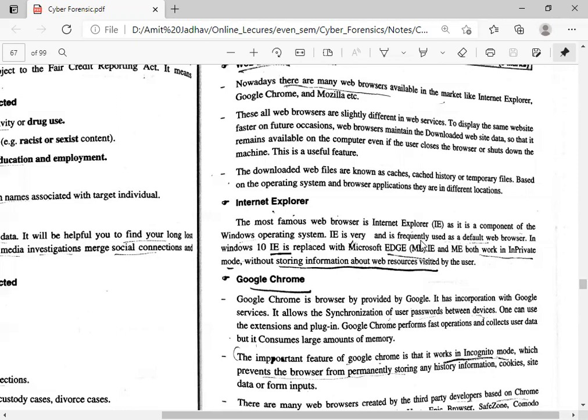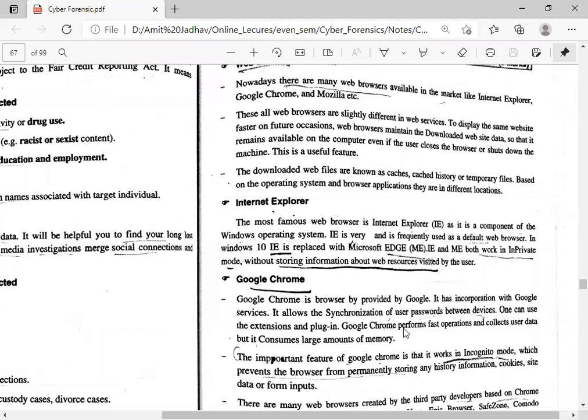Then the second famous web browser is Google Chrome. It was invented by Google, and it is also a very fast web browser. Most users use the Google Chrome web browser.